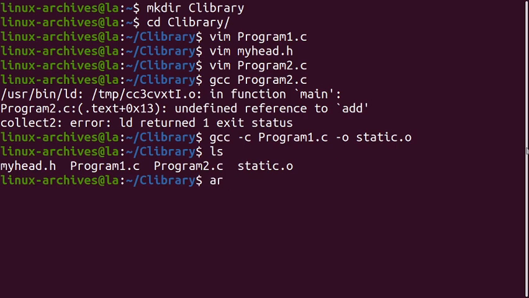For this we are going to use the ar command. The ar command is used to create an archive of the input files. These are the various options used for creating an archive. We would name our library. The name of the library should begin with lib and then the desired name. I would name it